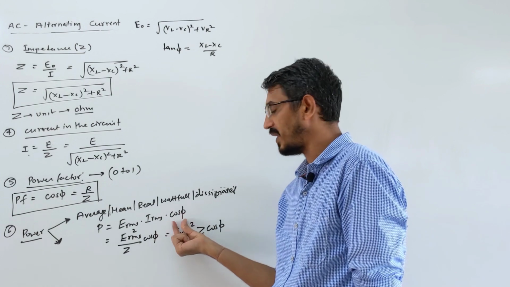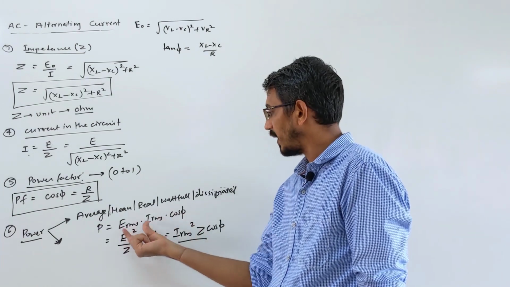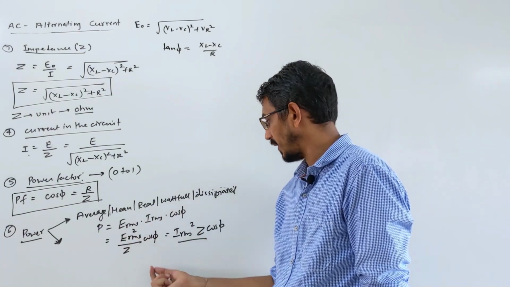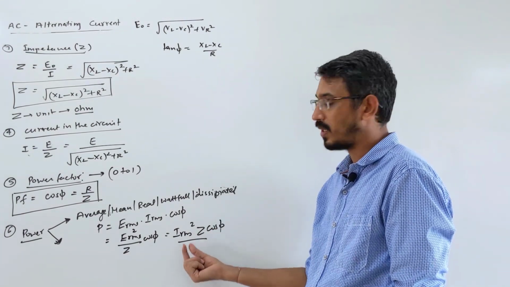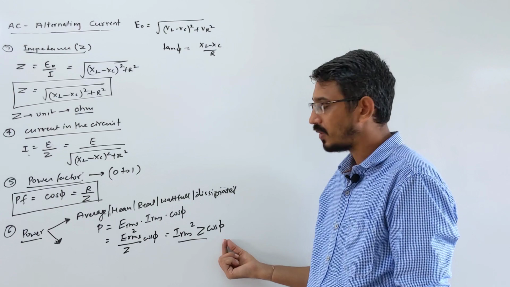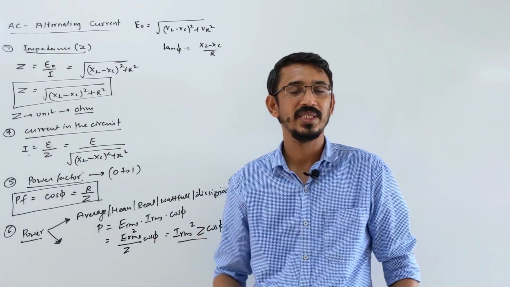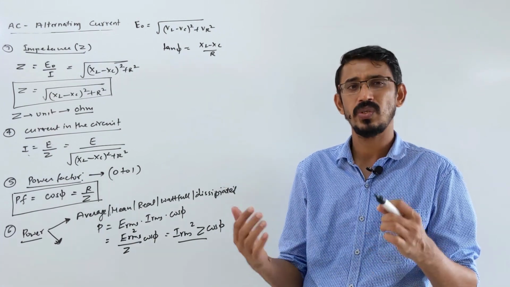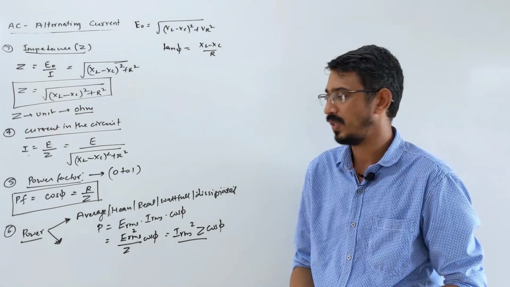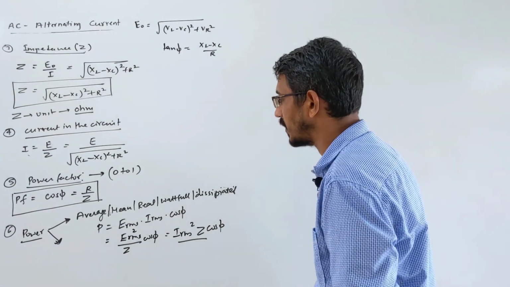So sometimes they can replace it here. Instead of writing the full formula, they can write the value of R by Z here. Suppose you put R by Z in this formula, then Z gets cancelled, you get I RMS square into R. Correct. Also, I discussed with you that a pure inductor and pure capacitor do not cause any loss of power. Power is actually lost in resistance only. So this formula comes in terms of resistance.